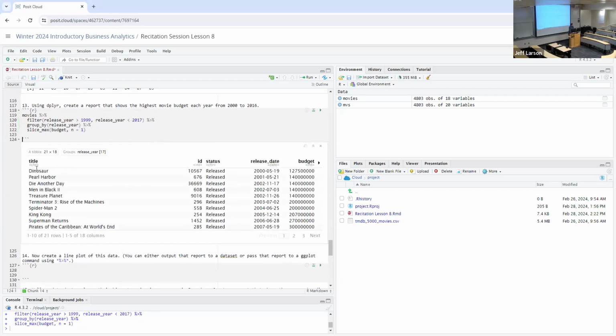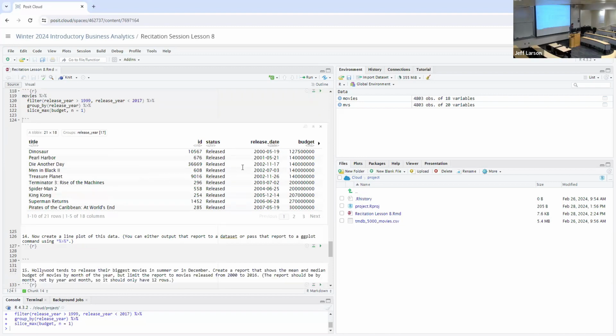So now we can see the highest budget movie in 2000 was Dinosaur. That was probably not a great investment since I forgot that movie even exists. Pearl Harbor in 2001, Die Another Day, and Men in Black both had the similar estimated budgets. So they were tied, actually 3 of them. And Treasure Planet as well, another not good investment. All right, so now we see these maximum budgets from every year,